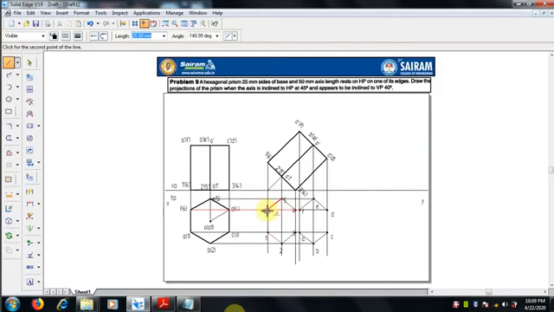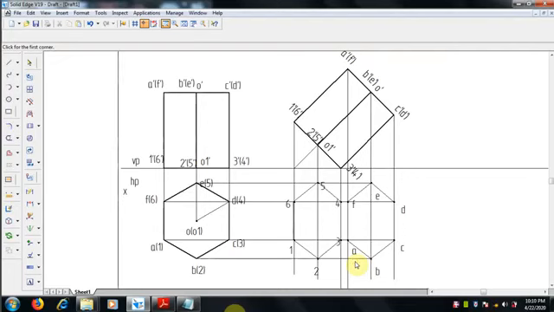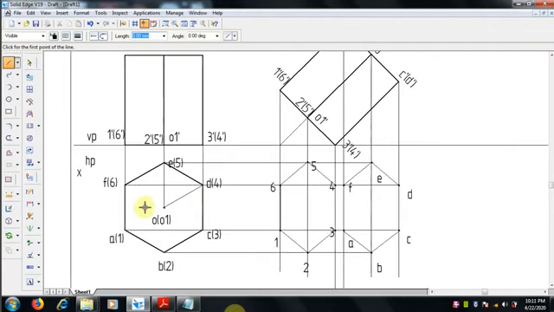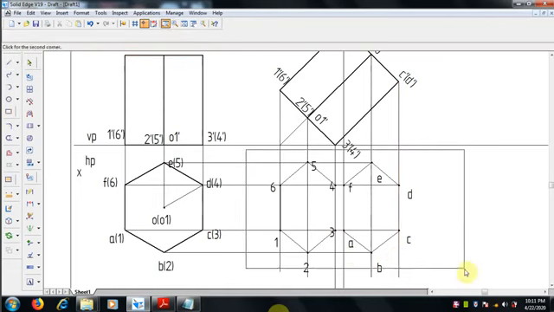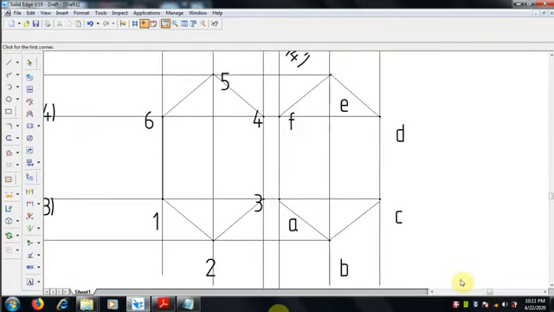This is the bottom, and always select the edge points, check it, and go for selecting the edges. Zoom in for better clarity, and unwanted lines, if there are any, you have to delete them and make it clear. And this is what we got after the inclination.